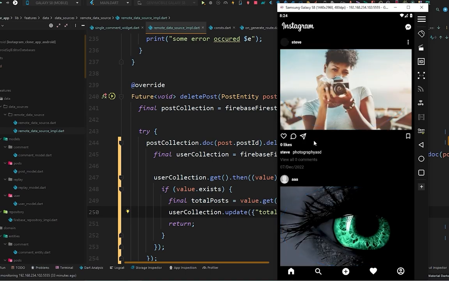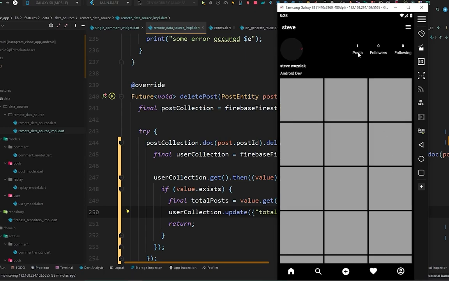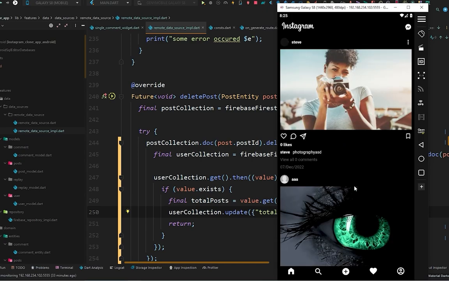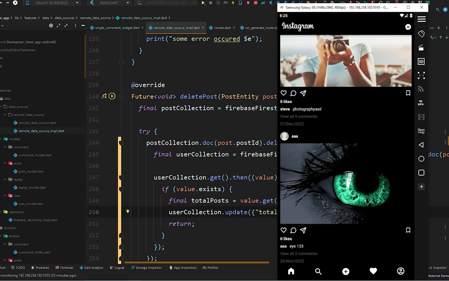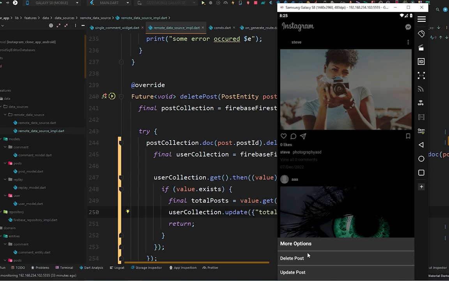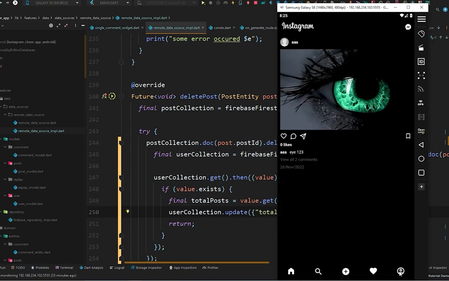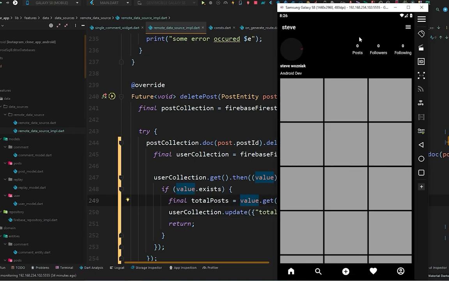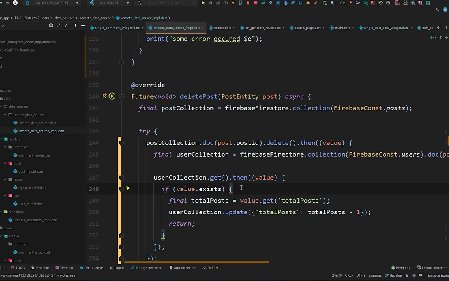So we got this post right here, and when we go to the profile page, you can see the posts are 1 and this is incremented by 1. So now you can see this is not my post, so there are not the 3 dots to interact with this post, and now this is my post, so I can interact with this. So when I delete this post and when I go to the user profile, the posts are 0. So that's how this works. So that was it. Now go to the